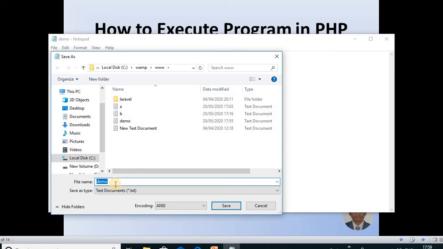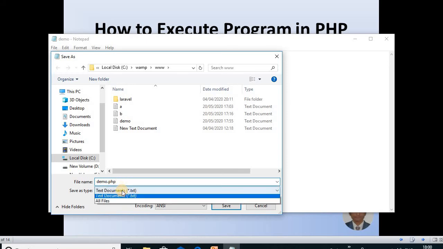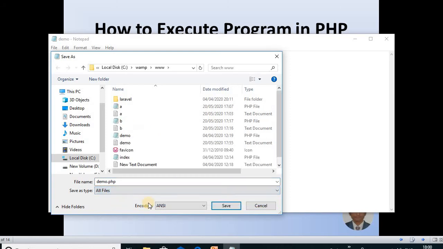For example, while creating a text document, you specify the demo name as a text document, so it is automatically taken by the system. So demo dot php. Then for save as type, select all files, then select save.